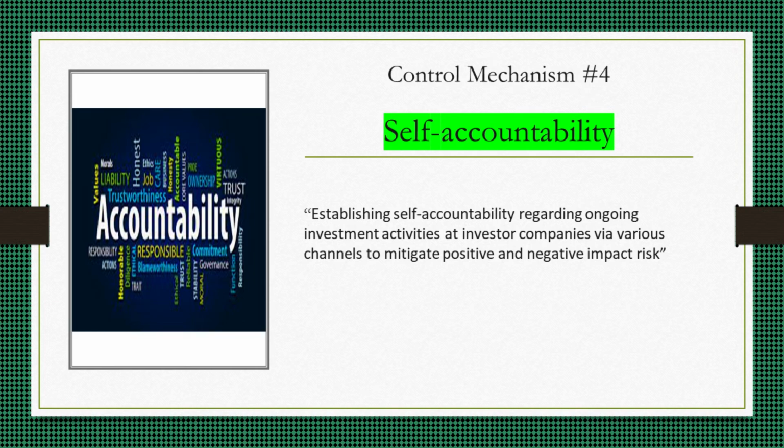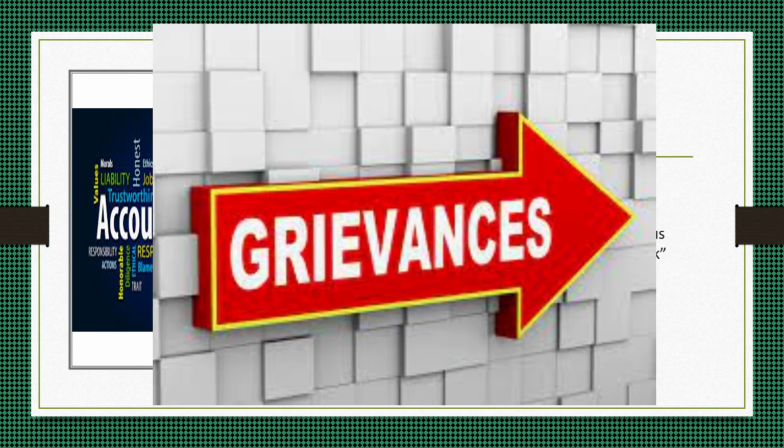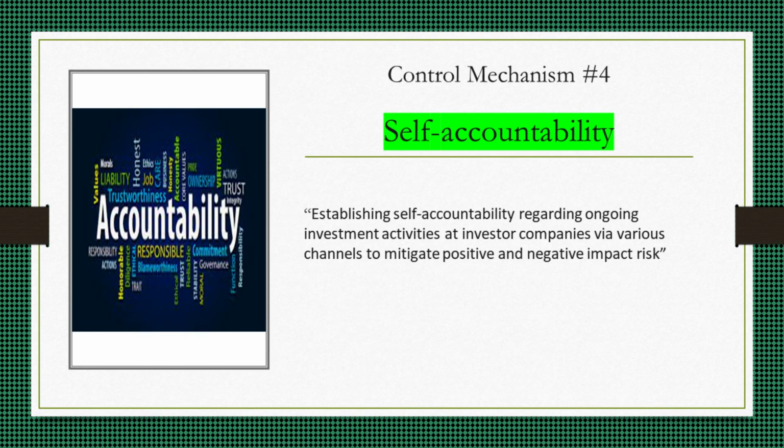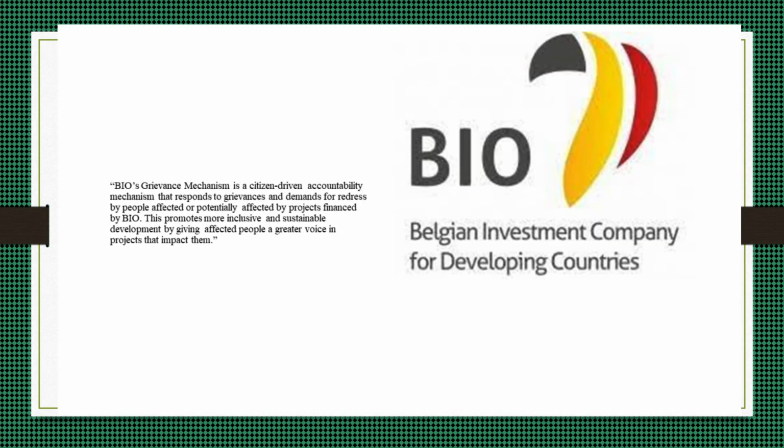Impact investors also establish self accountability by establishing a grievance mechanism by which investors allow communities affected by projects financed by investors to raise complaints and seek compensation. The grievance mechanism brings important discipline to the investor's impact risk management process, since it provides incentives to investors to take preventative actions to avoid any potential negative consequences from their investment projects in the first place. Also, in the case of actual unintended consequences, having a grievance mechanism provides incentives to investors to take early action to mitigate the effects of the consequences.